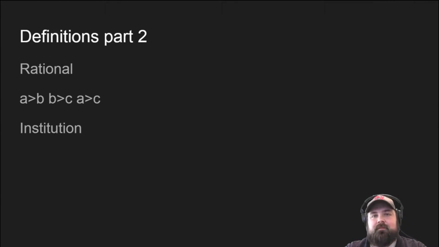Now, what does this mean? That's kind of like a formal logic way of putting this. What it really means is that you like stuff, and then the way that you like stuff carries over. So if A were to be hamburgers, and B were to be hot dogs, and C were to be pizza, then therefore, I like hamburgers more than I like hot dogs, and I like hot dogs more than I like pizza. So therefore, I like hamburgers more than I like pizza.